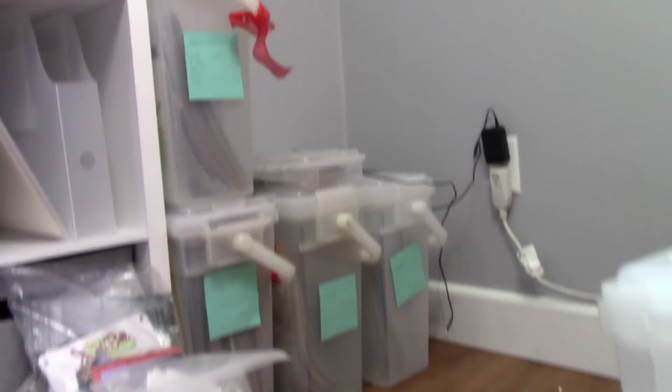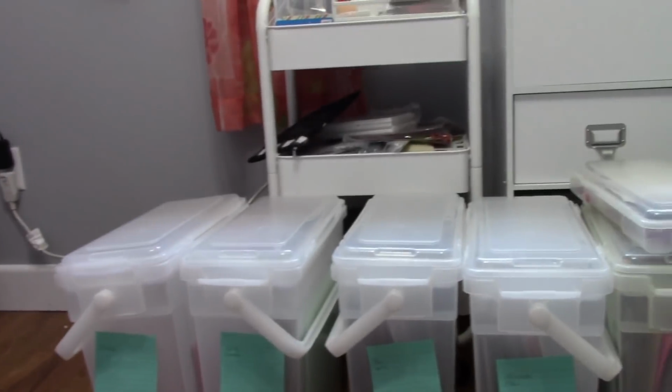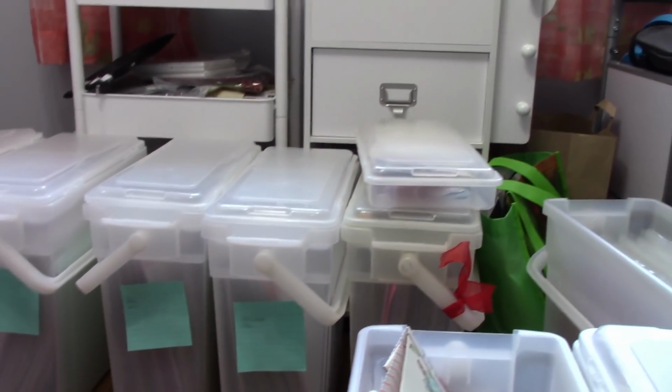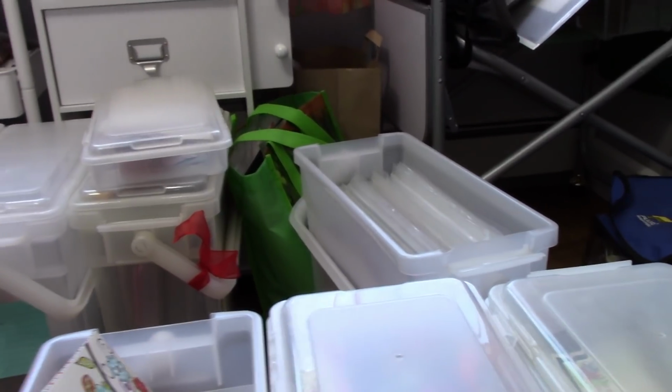So we've gone through, we've made the categories that make sense to her, and we're now filing all the papers in here. And so it's going really, really well. And I can tell that she's feeling a little relieved and excited about the thought of having everything organized and easy to find. So we're making really good progress. So even though the room looks a lot in disarray,